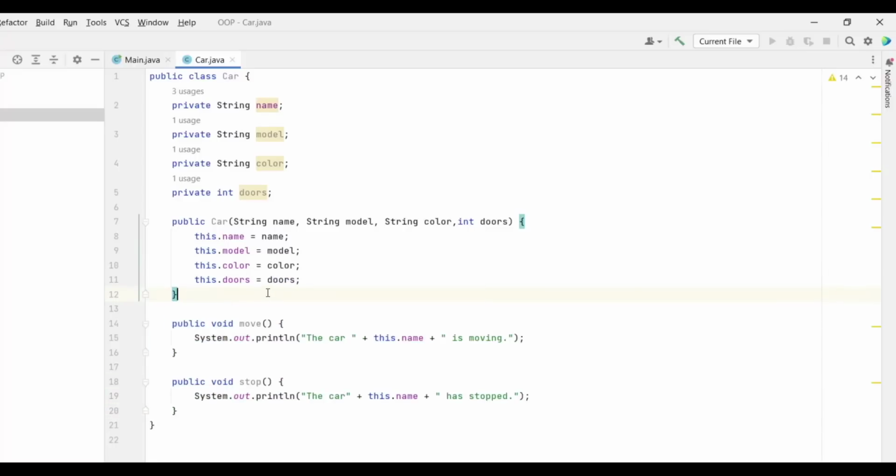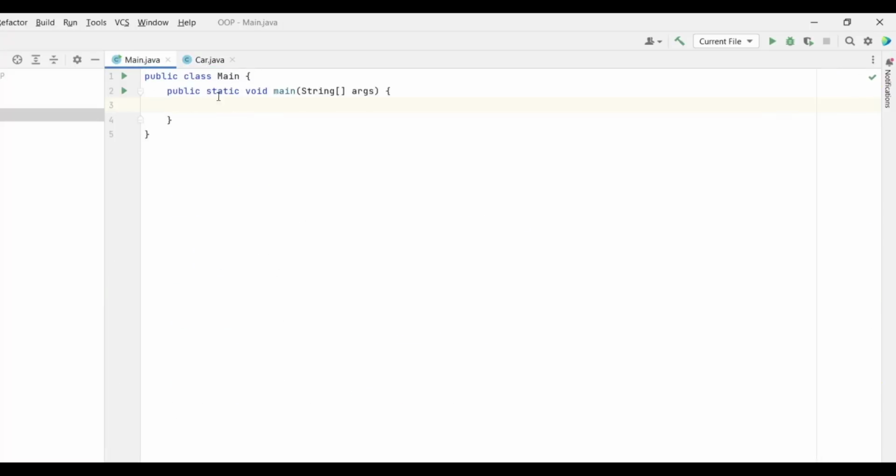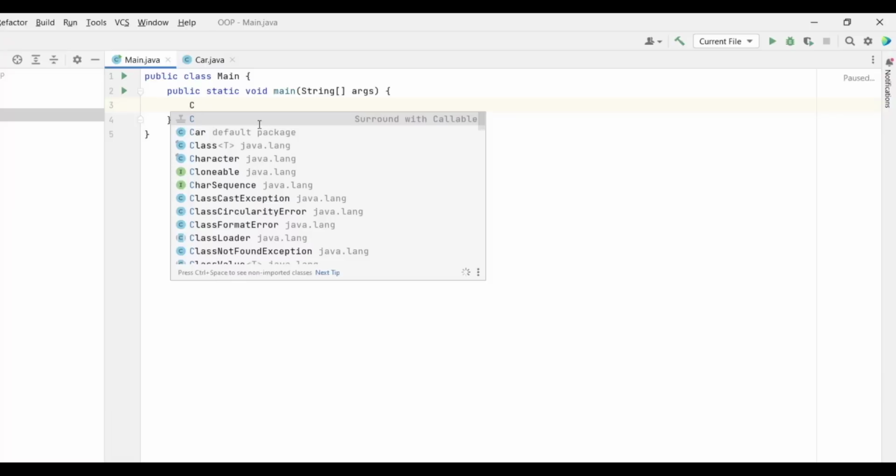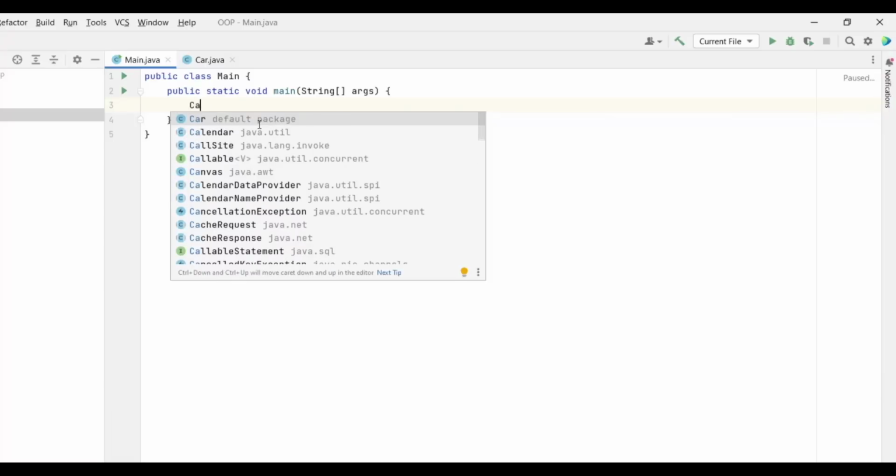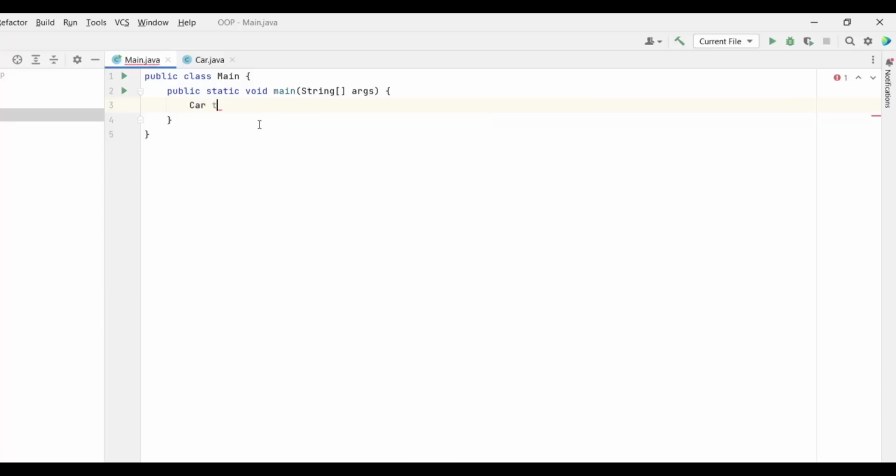Now, we need to create an actual object using the template. And to create an actual object, we go inside the main class. The main is also a class, as you can see, and it has a function. But it's a function with this thing static. We'll see what static is in future videos. Now, to create an actual object with our template car that we created, we're going to type here car, and while I'm typing, IntelliJ is giving us a suggestion. It's asking, do you mean car, the car class that you created, that template? I'm going to say yes. So car, I'm going to call it Tesla, and I'm going to put equals.